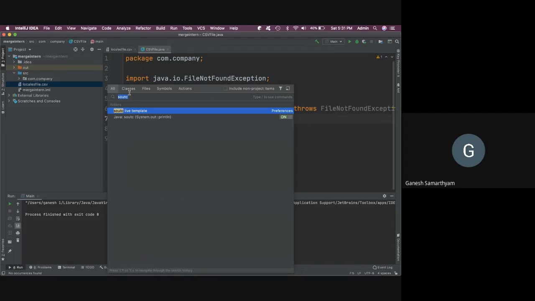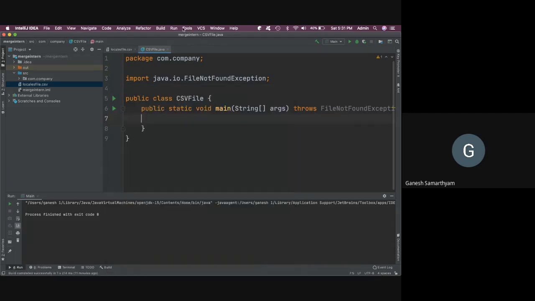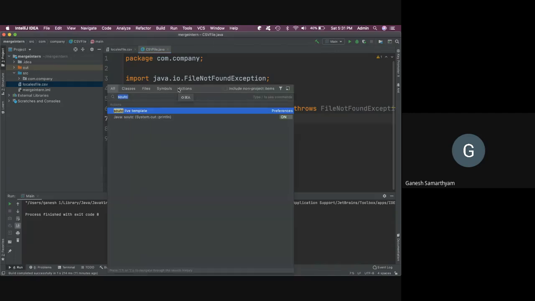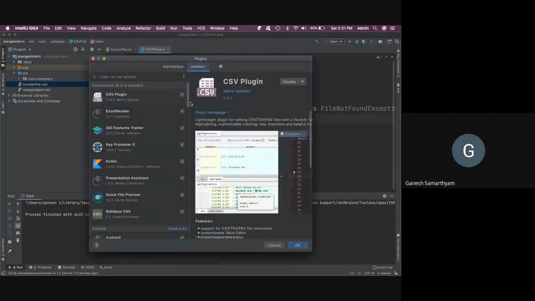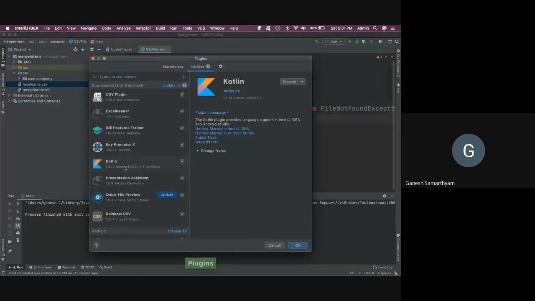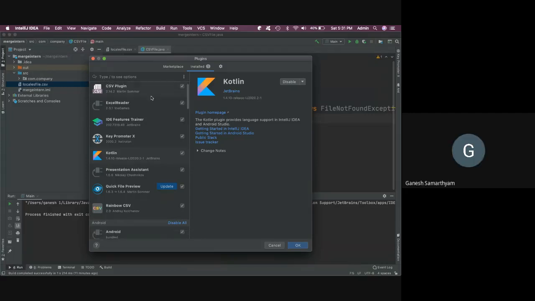I think you have to add a plugin, but I think the plugin gets automatically installed. I don't remember that very well. I'm not a Kotlin developer, by the way. If you see plugins, you will see that Kotlin is automatically installed. I don't remember installing it manually, so I think support comes automatically installed. But even if you don't have it, just go to plugins, add Kotlin, and you'll be good to get started.